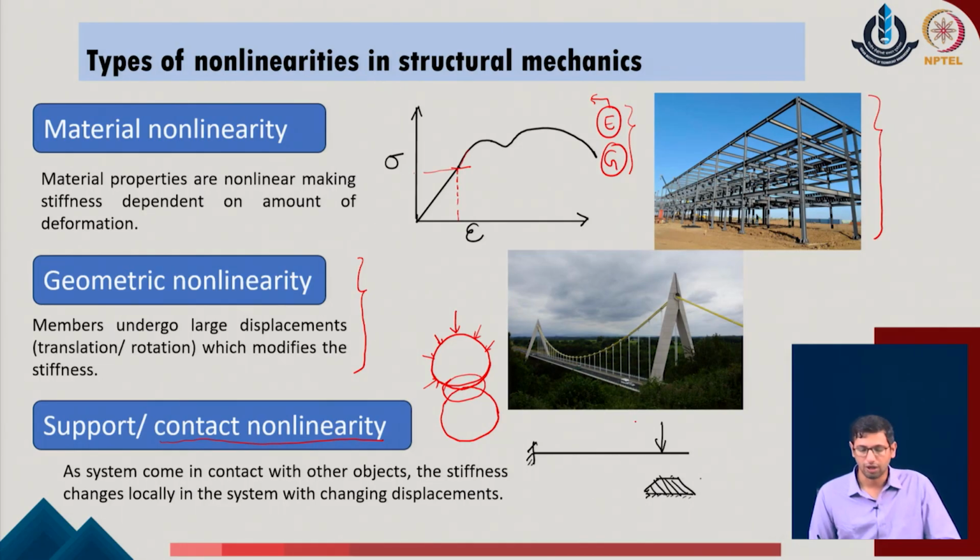So, in many situations, in an example like this, the system is undergoing some kind of displacement, and as the system undergoes displacement at a certain state, it will interact with a nearby object or surface which will make contact with the geometry. Now due to this contact, at the localized locations the system stiffness will change, and these local changes are again nonlinear, not following the standard linear relationship of the stiffness of the given system, and that also becomes one possible way of nonlinearity in the given problem.